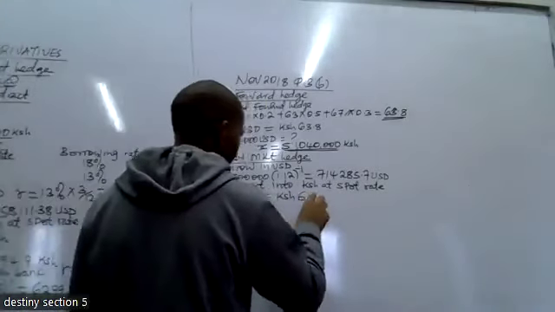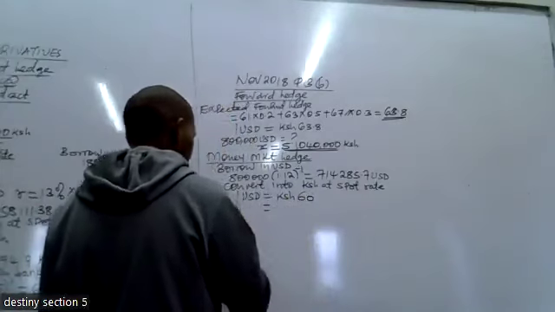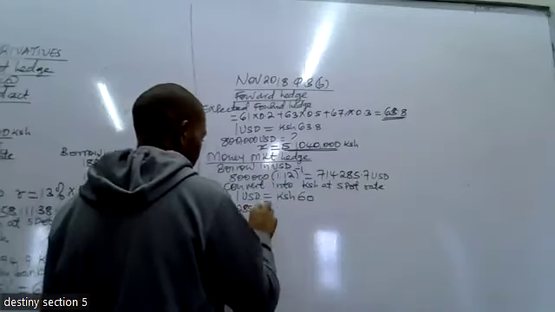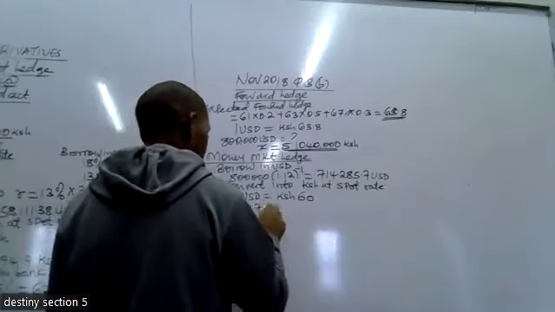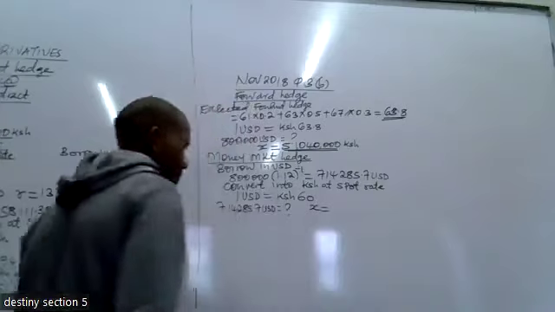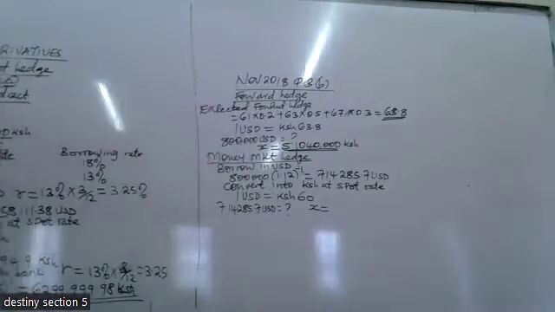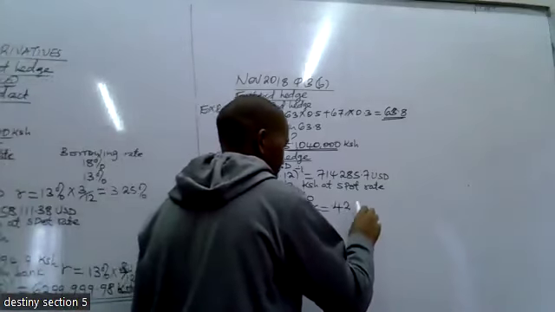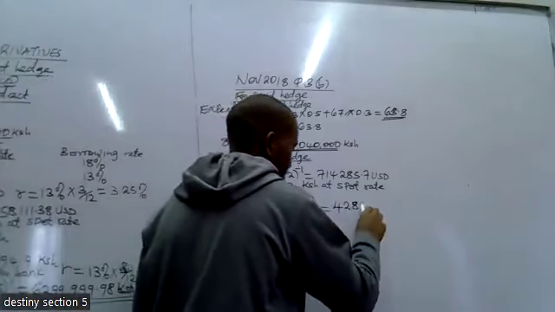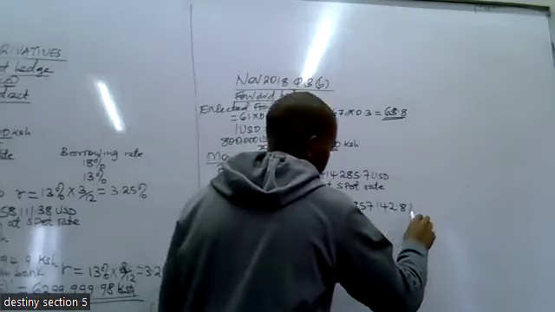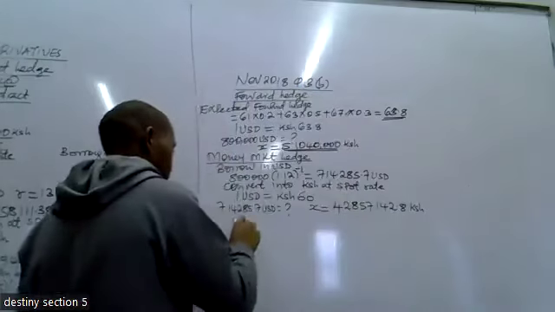That means we take 714,285.7 USD, which in this case will give us how much? 42,142.8 million shillings. And then we deposit